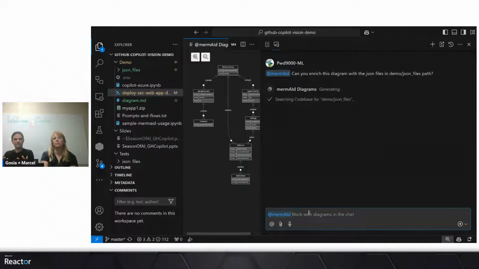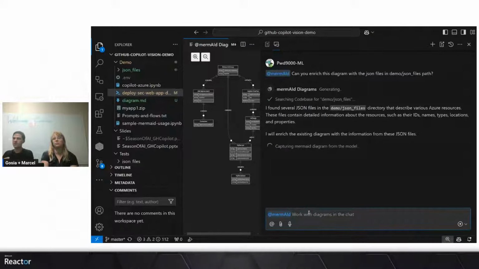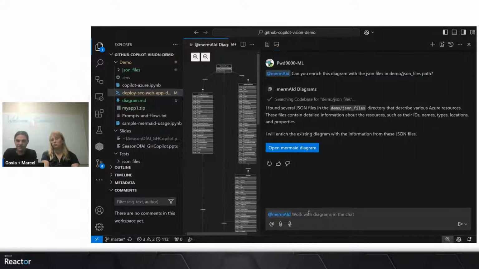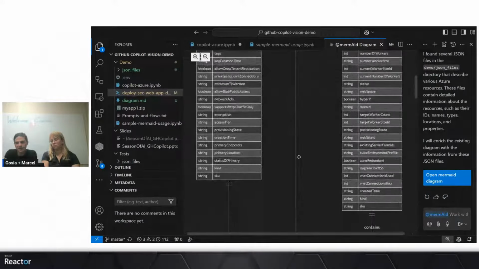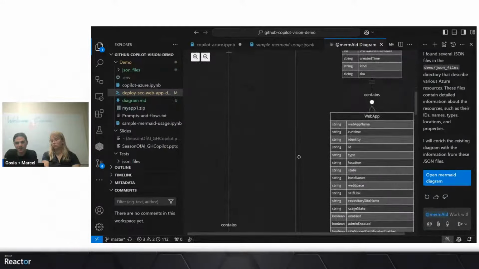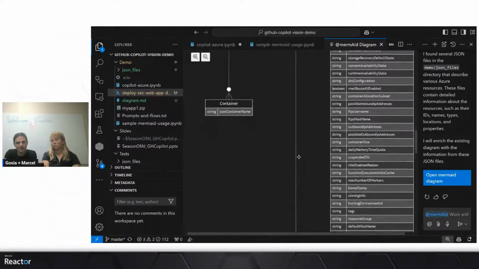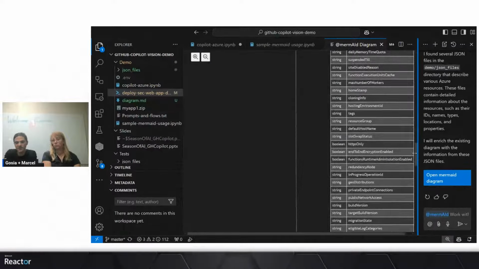So hopefully it will get, I'm interested in names of resources, maybe IDs or something like that, because I only know there's a storage account and a container. I don't know what it's actually called. So let's see if we can enrich that diagram now. But architecturally, it looks correct. So if we have a look now, I can see, okay, wow, I've got all the values, but it still doesn't give me much data. So I can then maybe say,